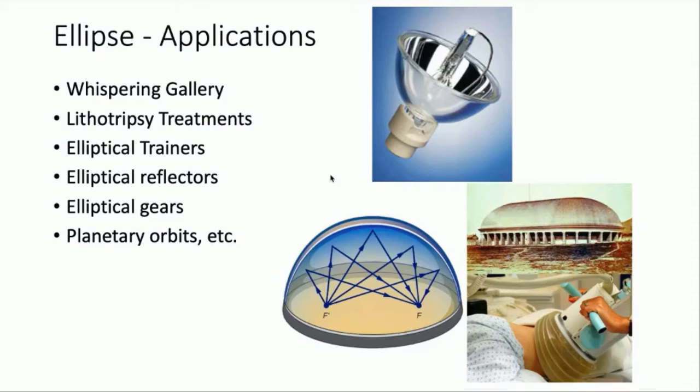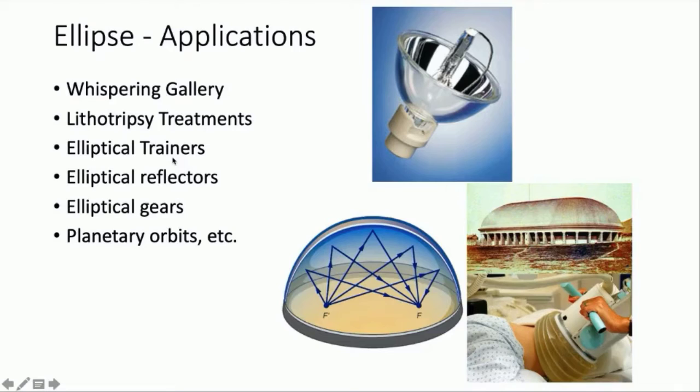The lithotripsy treatment is this one here, the bottom one mentioned here. We are trying to remove kidney stones, or reduce their size, by this. What I'm trying to do is use the focus of the ellipse, so that it will be exactly at the kidney stone. Due to the application of the radiation, the stone will be reduced in size, or it is burnt exactly. That is lithotripsy treatment, and that again uses the focus.